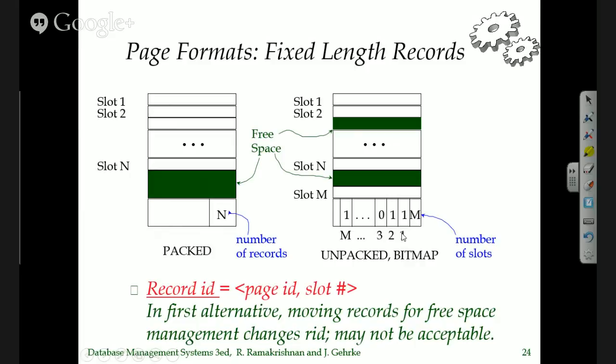Now, that was the record format, and then the page format has similar issues. If you have only fixed length files, then you have fixed length records. You have two alternatives. You can either basically keep all your records here, and if you delete one,